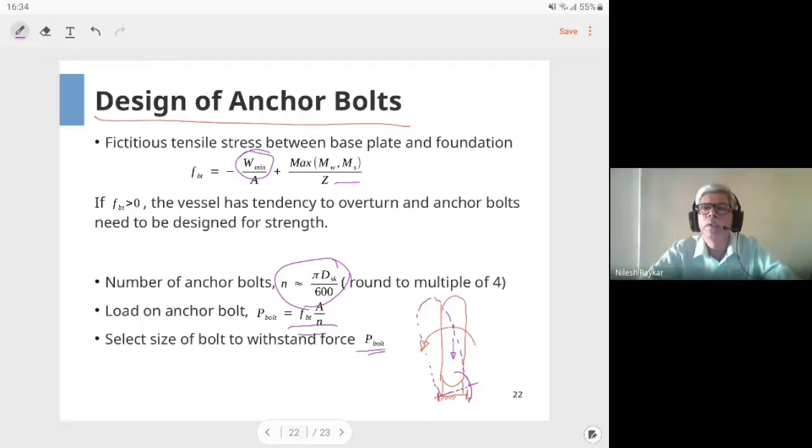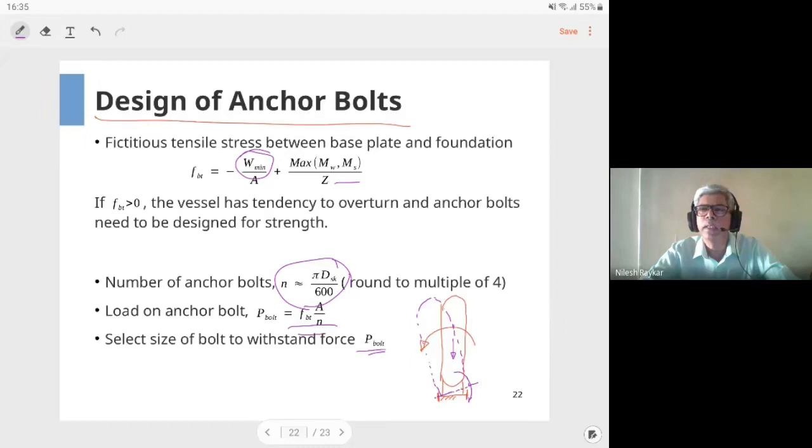That is correct. But we don't want the vessel to go into that collapse mode. So we want to prevent it; the weight will try to prevent that overturning by its natural tendency to bring it down. Whenever wind tries to topple the vessel and there is a slight upliftment, the weight will immediately try to push it back down. That is what we are talking about here. What you are saying is correct, that once a certain angle of tilt is there, then the weight will add to the transverse moment and lead to catastrophe.